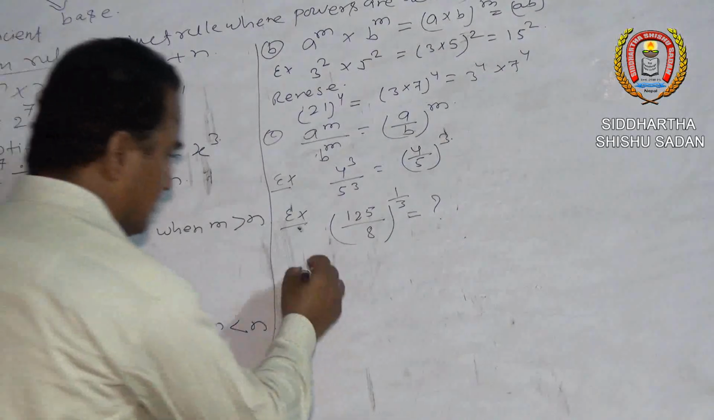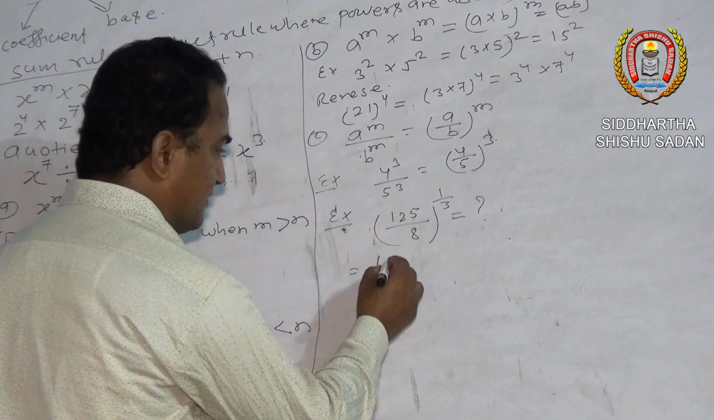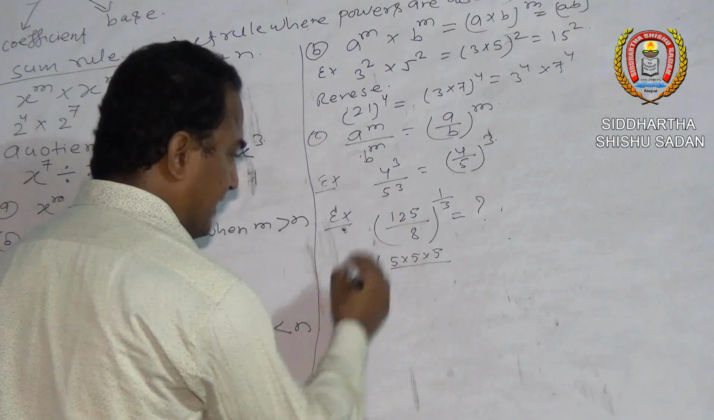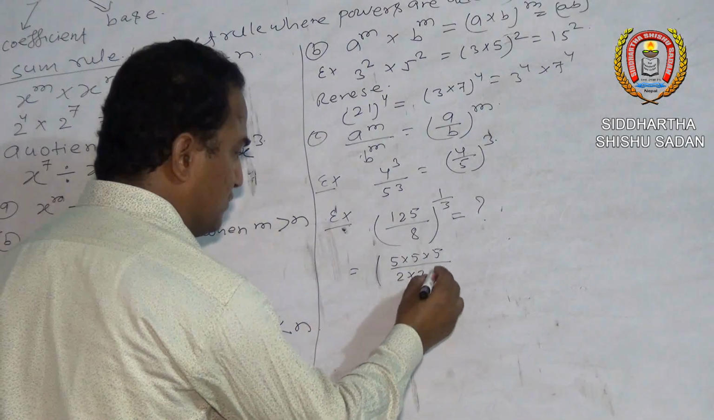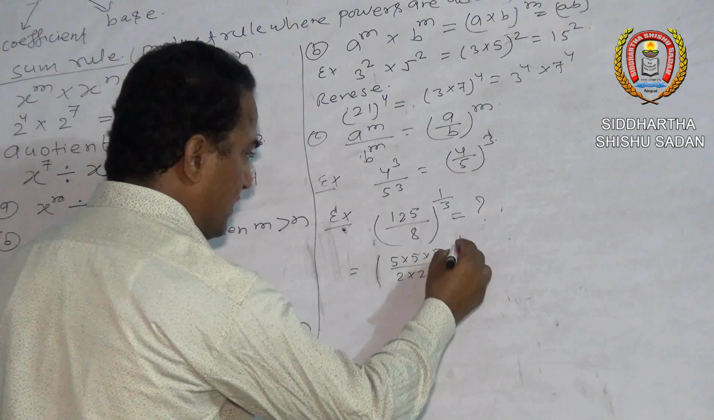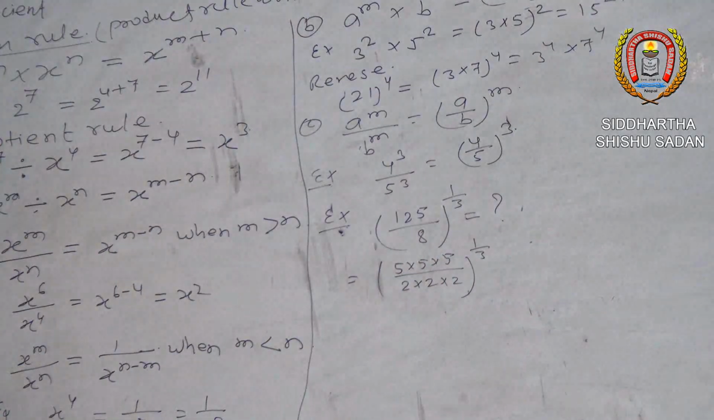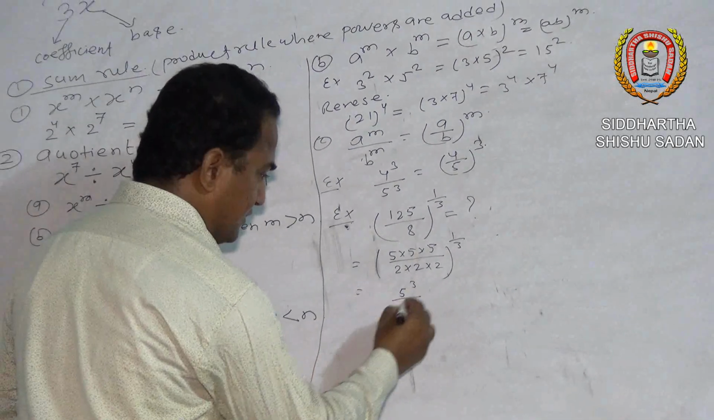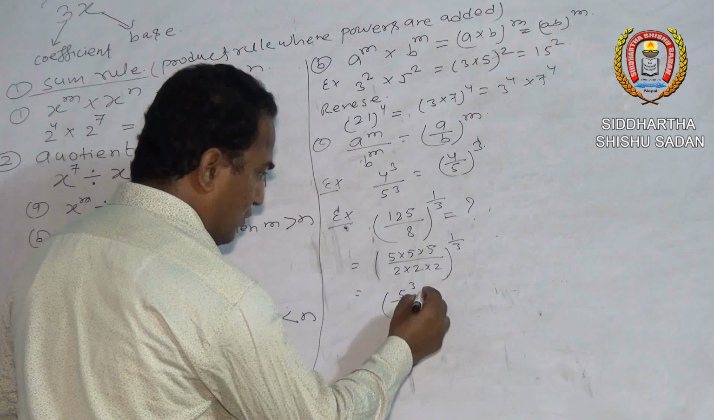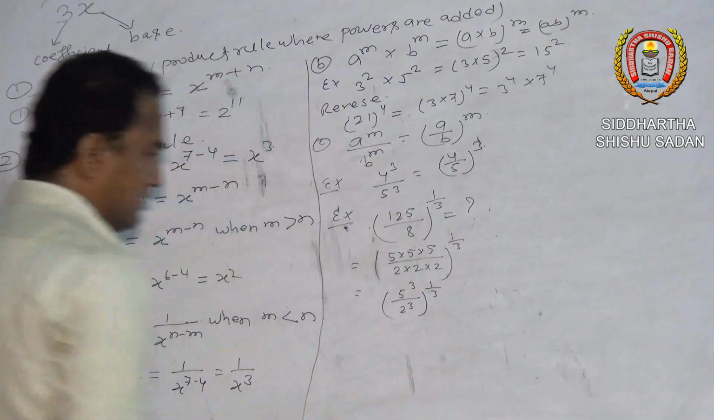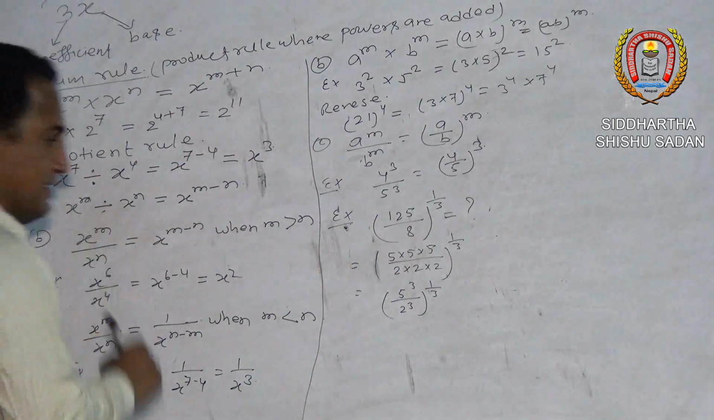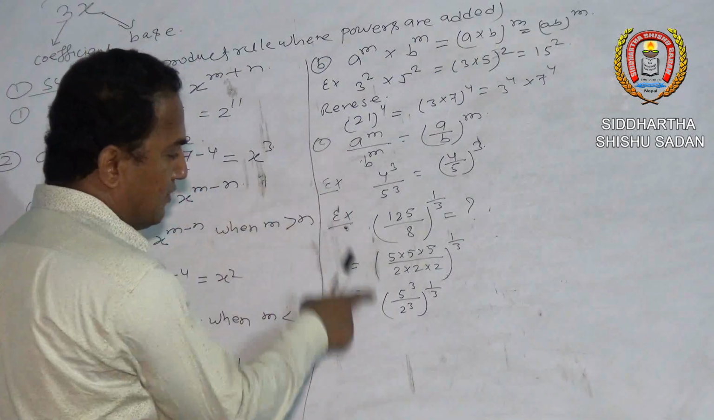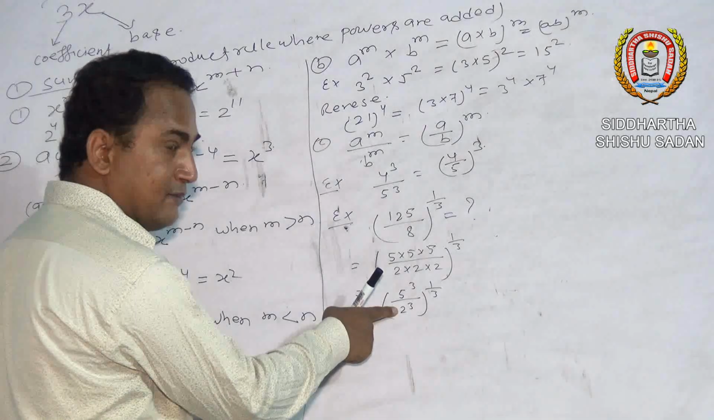Look here, 125 means 5 into 5 into 5, and 8 means 2 into 2 into 2, whole to the power 1 by 3. Is it? Look here, 5 to the power 3 by 2 to the power 3, whole to the power 1 by 3. In that condition, look here, according to this rule, 5 and 2 are different bases, but they